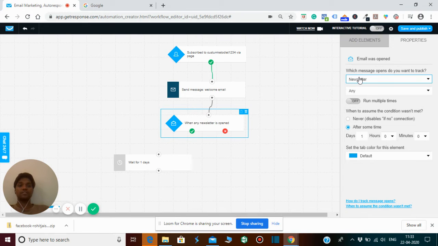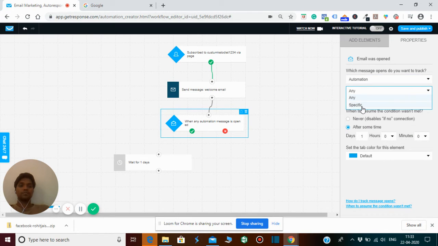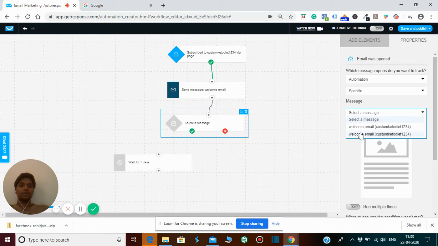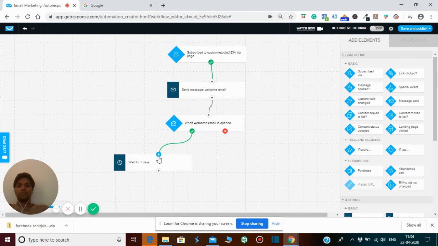I will simply click on autoresponder, and then automation, and I will click on the specific welcome email. So I've selected that if someone opens the welcome email, then they will wait for one day and they will get another message. So I will simply connect both of them.